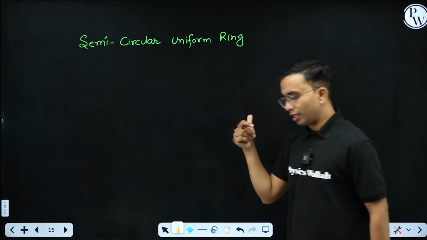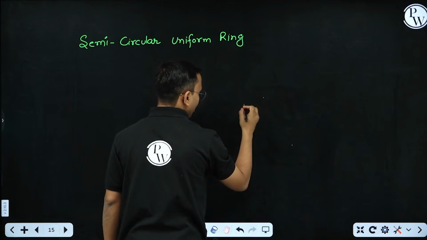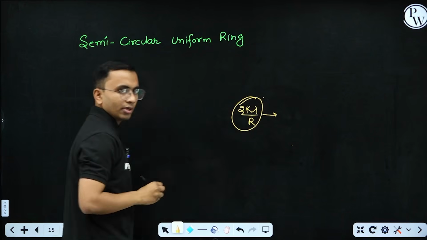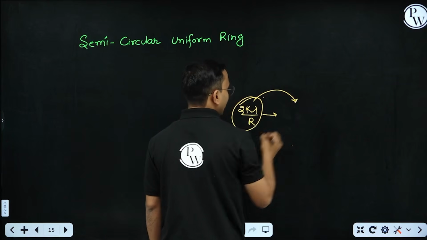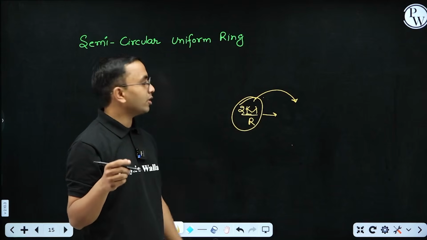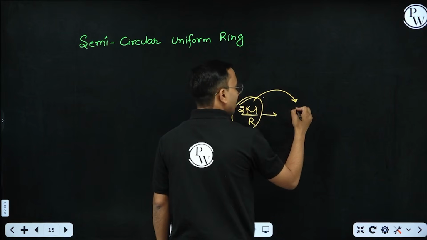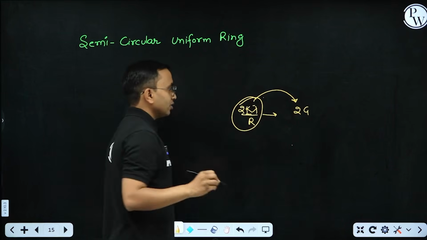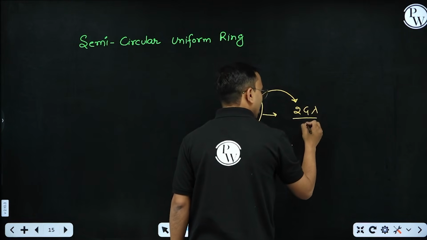Here we have constant g. So when I say 2k lambda by r, this was the formula in electric field. Okay, so if I need to write the same formula in gravitation, how will I write? Instead of this k, which is 1 by 4 pi epsilon naught, I need to use the constant that is here. What is that constant? That is g. So instead of k, it will be g. So 2 g into lambda by r, where here lambda is mass per unit length, just as it was charge per unit length there.